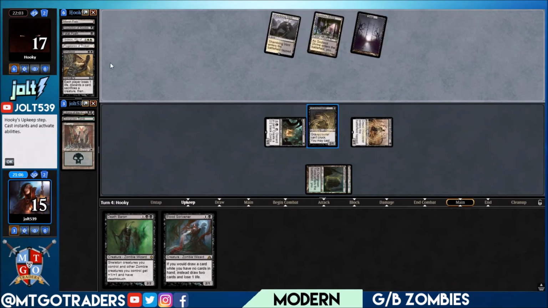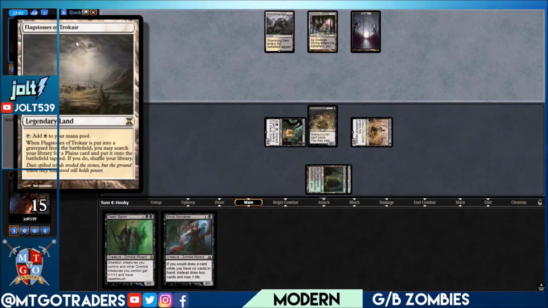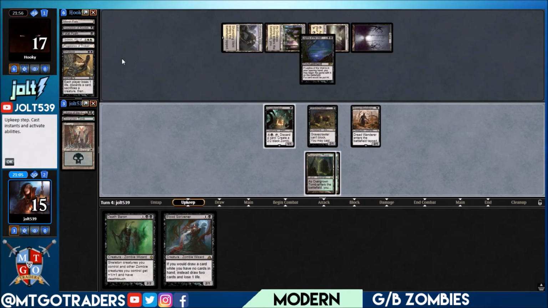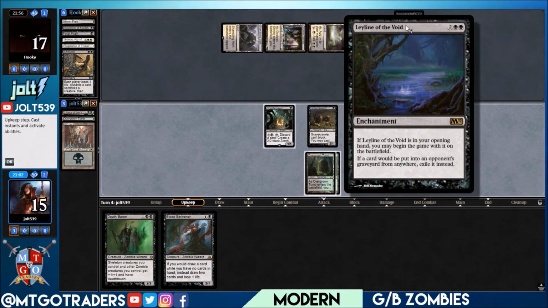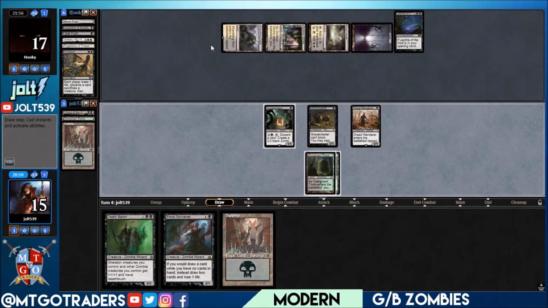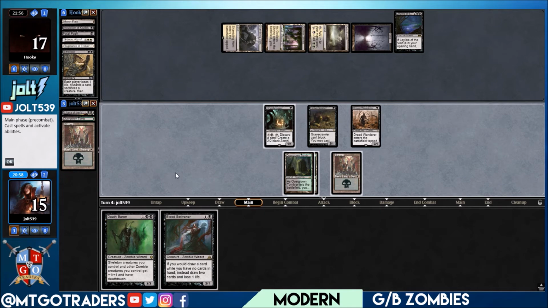Okay, so we did see Gideon coming out of the graveyard. So this is either Black-White Control or Black-White Tokens or Black-White Smallpox, whatever you want to call it, some variant of that. Leyline of the Void, if a card we put in an opponent's graveyard, exile. Okay, fair enough. We've got Gravecrawler out in time. Let's go and put the Swamp down. And I think at this point, yeah,